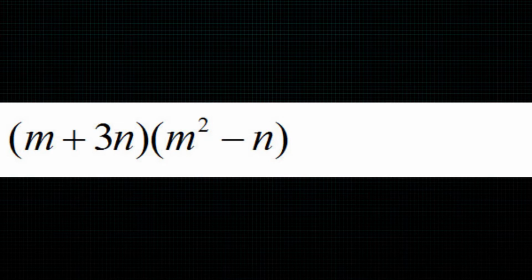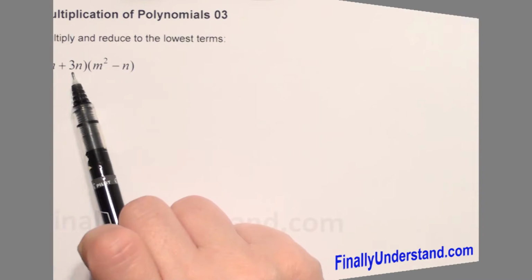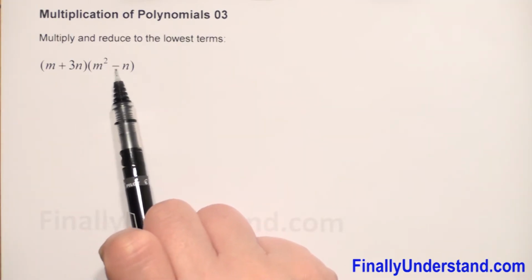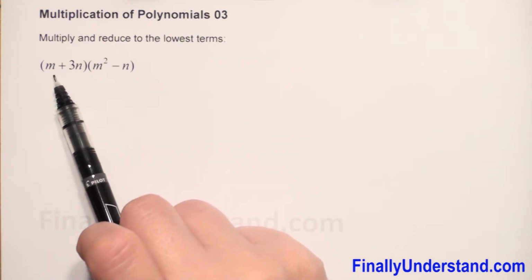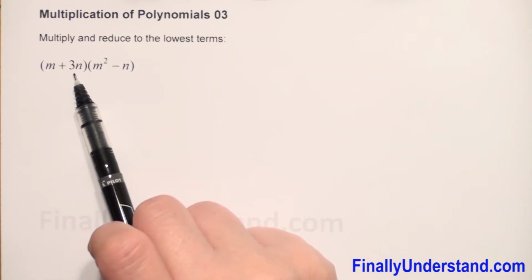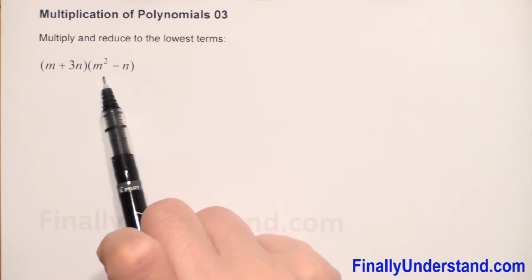We have multiplication of two binomials. Why? Because we have two terms in the first parenthesis and two terms in the second parenthesis. How do we do this? We have to multiply every term in the first parenthesis by every term in the second